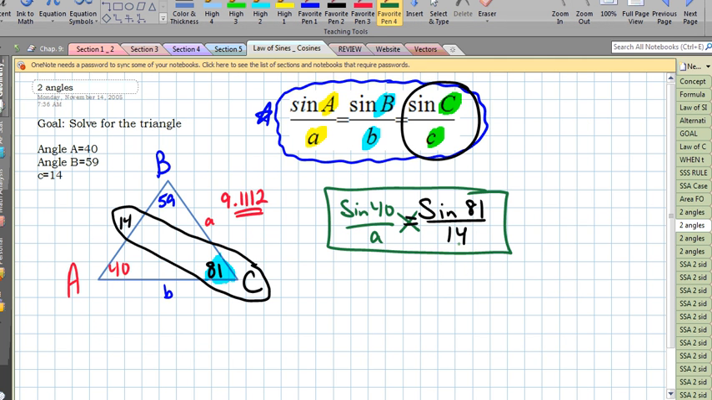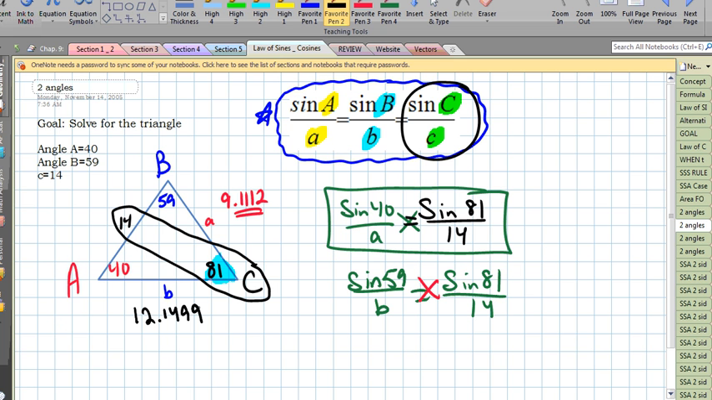And what would little b be? Well, again, I know everything about c, so I'm going to use that. That's the sine of 81 all over 14, and the sine of 59 divided by little b. Again, I'm going to cross multiply here. I've got my calculator in my hand. I'm going to go sine of 59 times 14 divided by the sine of 81, and little b turns out to be